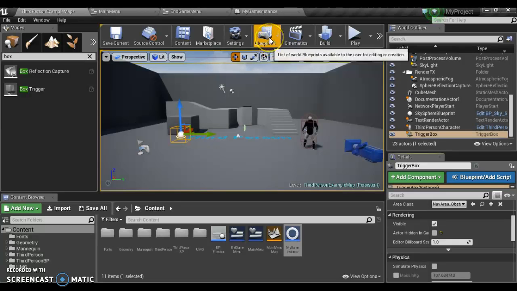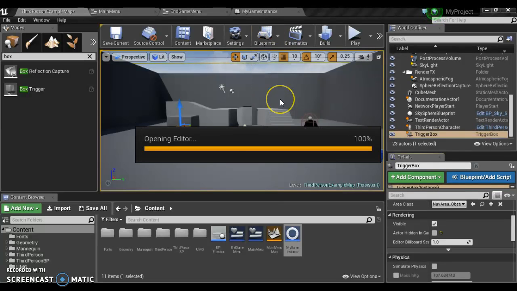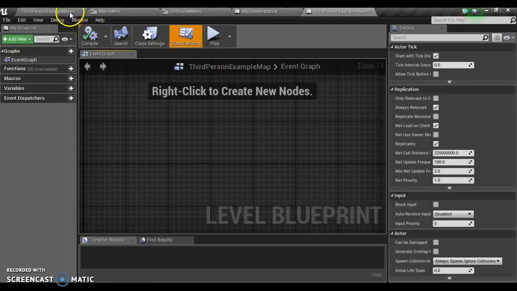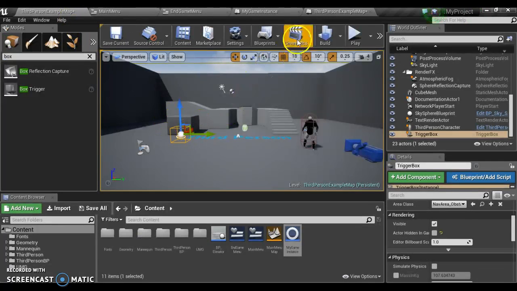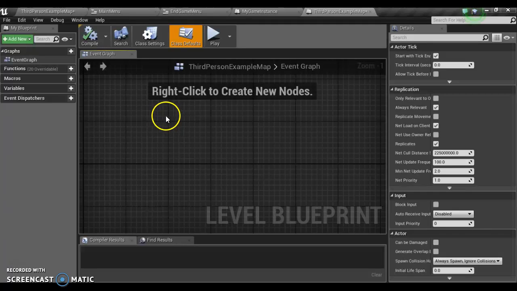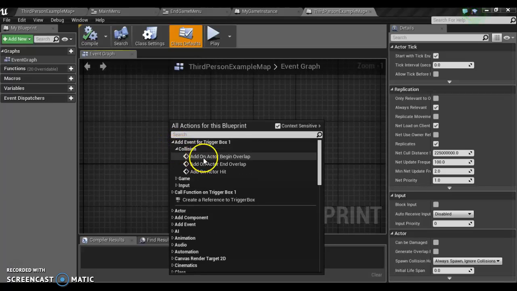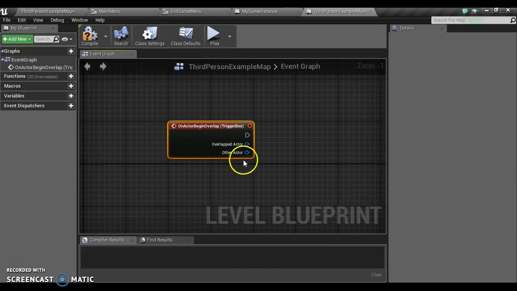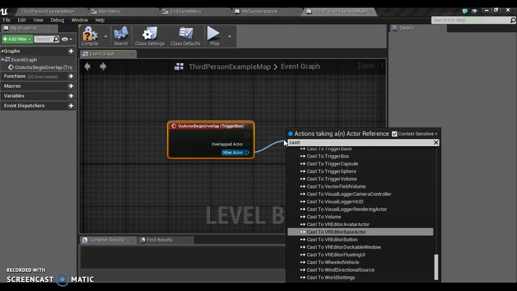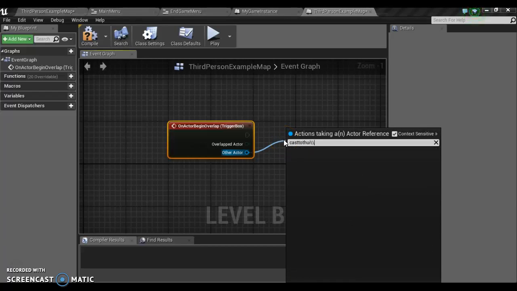So I'm going to go to Blueprints and our level blueprint. And because I have the trigger already selected in our level blueprint, if I right click, it gives me the options to add an event for the trigger box. So under collision, I'm going to say on actor begin overlap. We're going to drag off other actor, cast to third person,